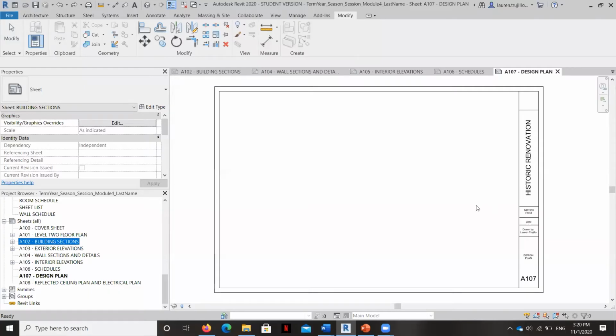So we've already gone over creating views on sheets that include section and elevation views, but there's a couple of other things that I want to teach you as far as how to drag other different types of views onto sheets. And so we're going to explore just a couple of other sheets in our sheet list. So what I'd like for you to look at now is if we go over here to our schedule sheet,